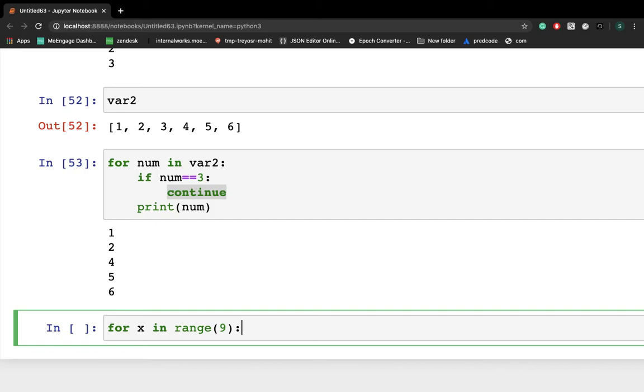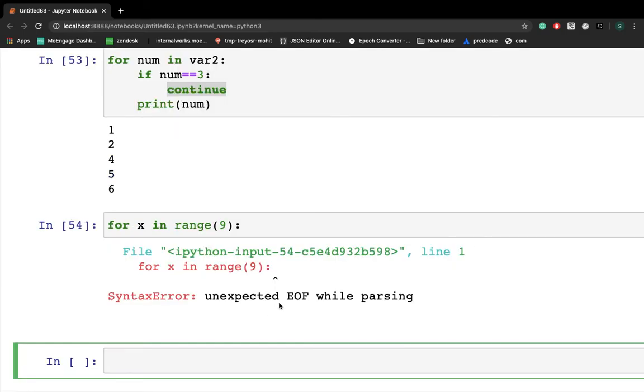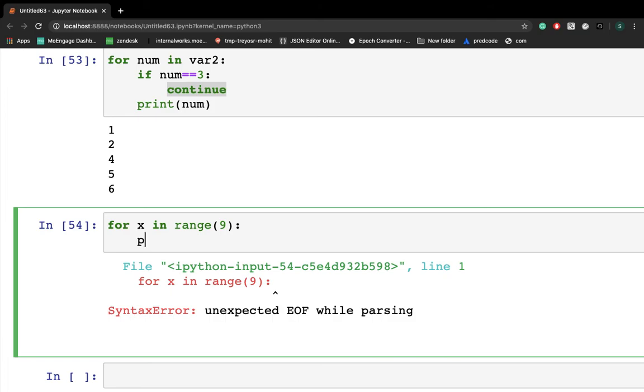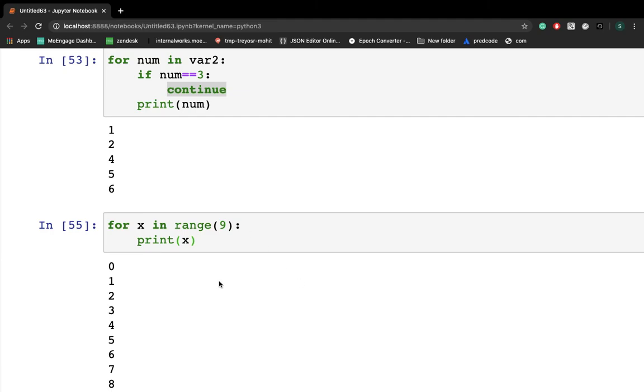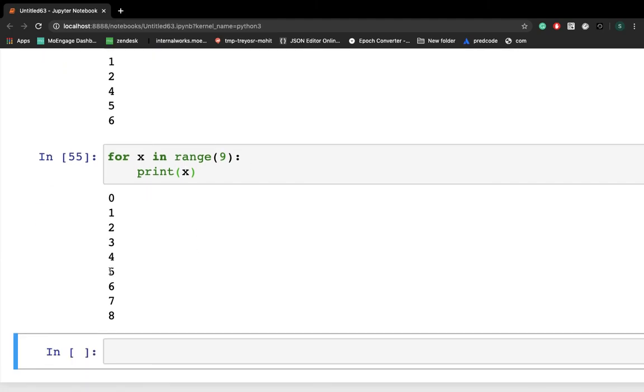So print x. We'll get values starting from 0 till 9, sorry, the n minus 1 index. If we count, 1 2 3 4 5 6 up to 9. As I told you, the range function returns a sequence of numbers starting from 0 by default and incremented by 1 by default. However, you can specify those values as per your own use case as well.